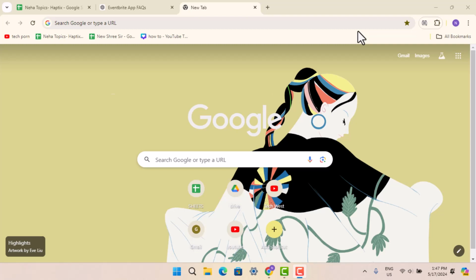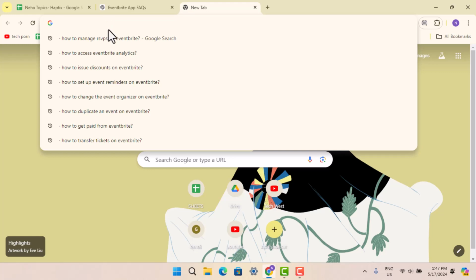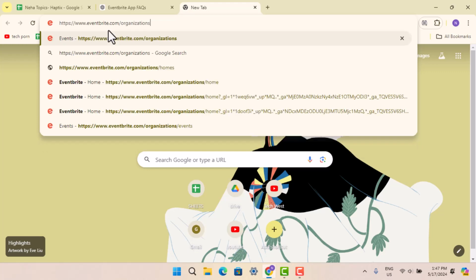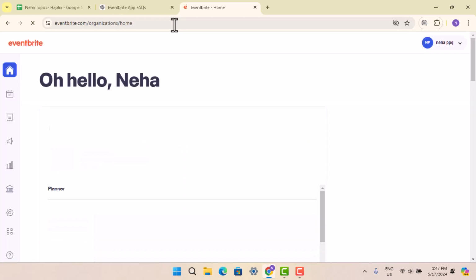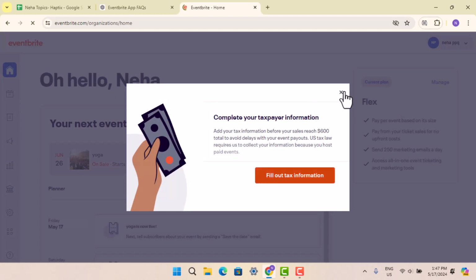To manage your RSVPs on Eventbrite, you first have to log in to your account. For that, please go ahead and type in eventbrite.com/organizations/home, and when you do that, it's going to take you to the home page. Now, right on this page, you need to go ahead and press the events button located right in the corner